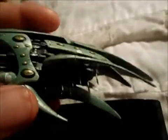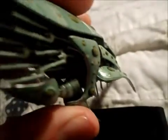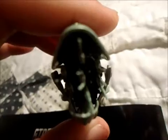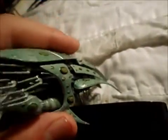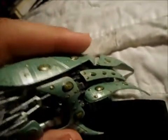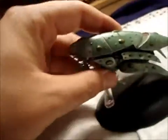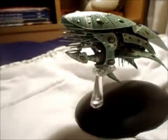So, the drone itself looks amazing, and Eagle Moss, please, I really need the Enterprise B. And it just sits right there. Anyway,